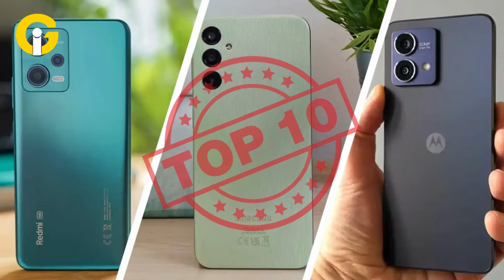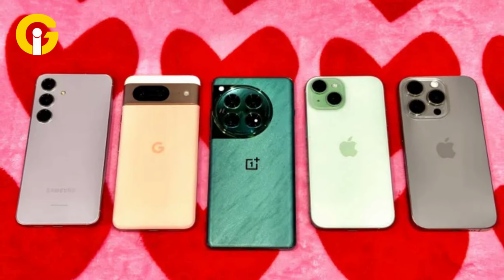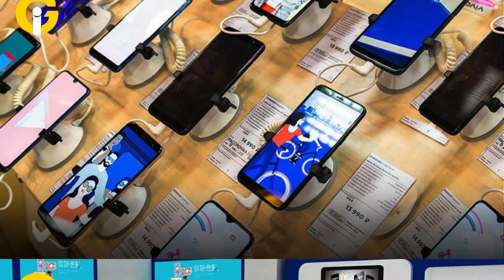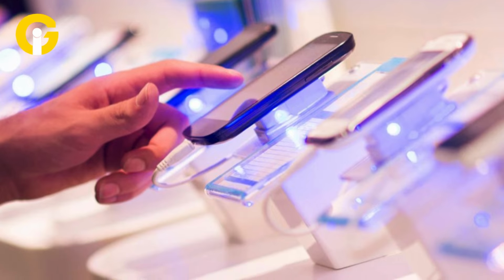These are our top list of best mobiles you can buy in 2024 from Apple, Samsung, Google, OnePlus, and more. Shopping for a new phone in 2024 presents a variety of choices with exceptional features. Whether you're in the market for a high-performance all-rounder or a budget-friendly professional-grade device, there's an array of smartphones catering